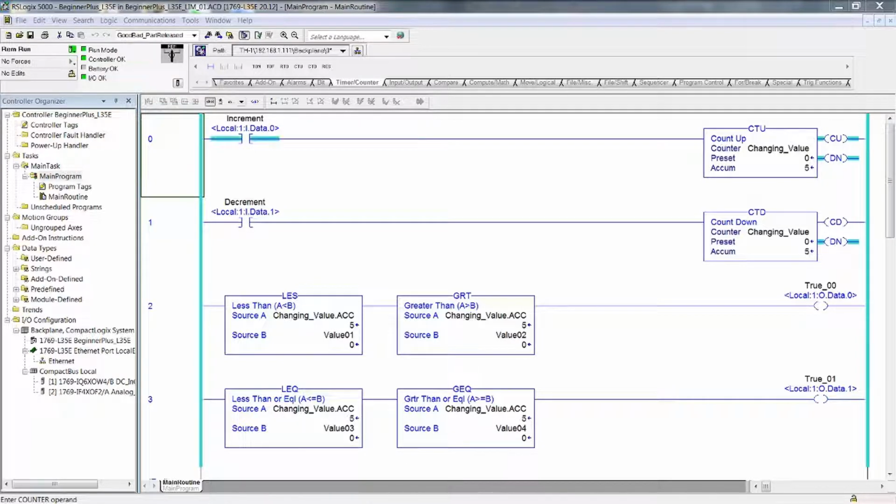I can keep right on going up with my accumulate, or go back down to 0, it's true, minus 1, minus 2, minus 3, minus 4. So you see that only when changing value accumulate is 0 is rung number 3 true. Increase value 1 and value 3 to 2. So value 1,